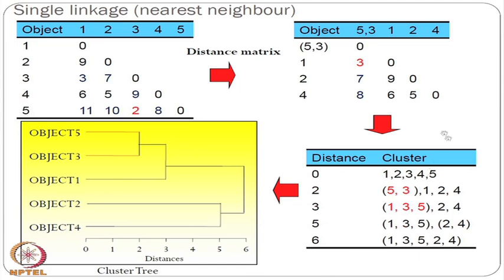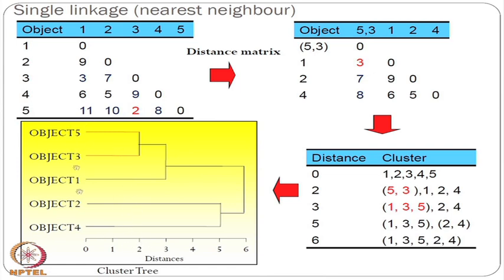Okay. Now, see that the same thing can be represented in a diagram like this. Here, when the distance is 0, all the objects are forming one cluster each. There are 5 objects, so 5 clusters. So, at distance level 1, no grouping is possible, only at distance level 2, 5 3 are grouped. So, at this level you are sacrificing a distance or dissimilarity of 2 between these 2 members, but